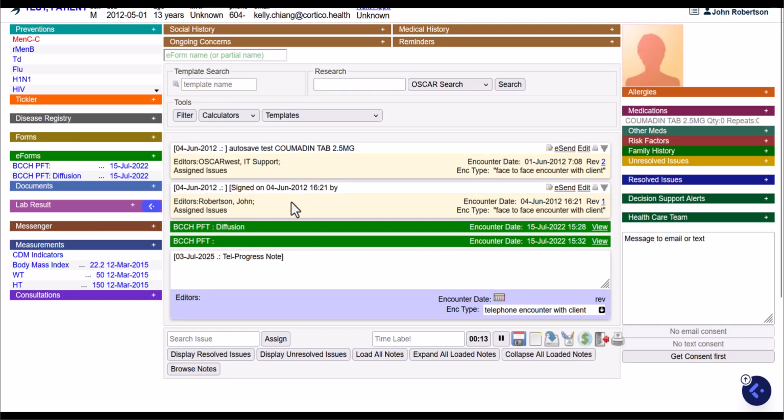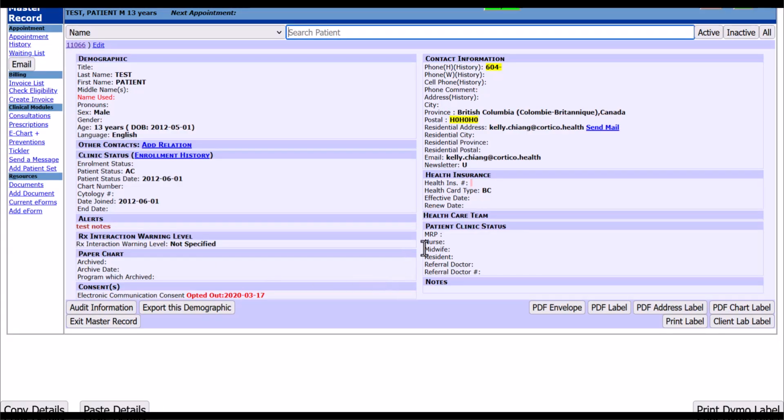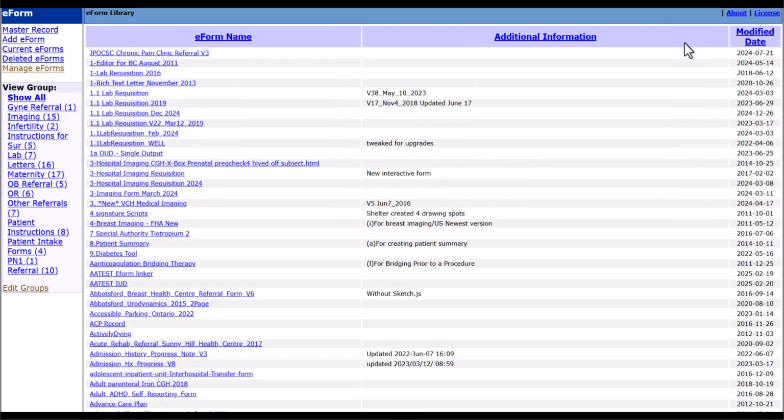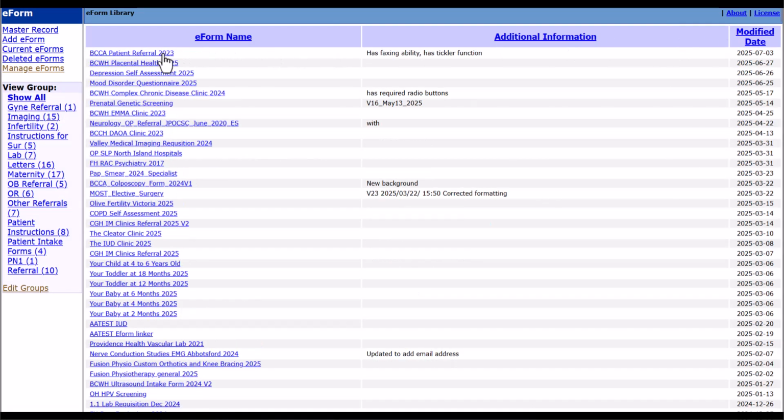And now we are in a different test patient, and if we look at their demographic, we'll see here that there's nothing in here for MRP. So now if we go to this patient and we pull up my new eForm here,